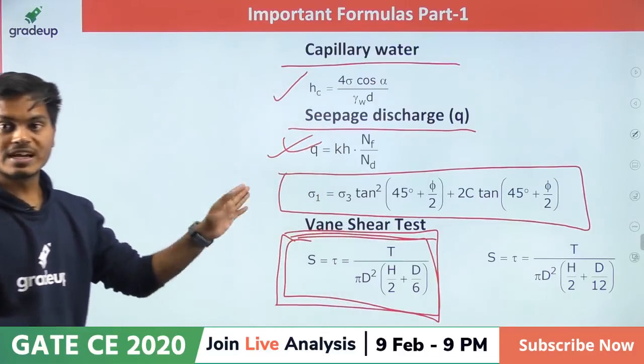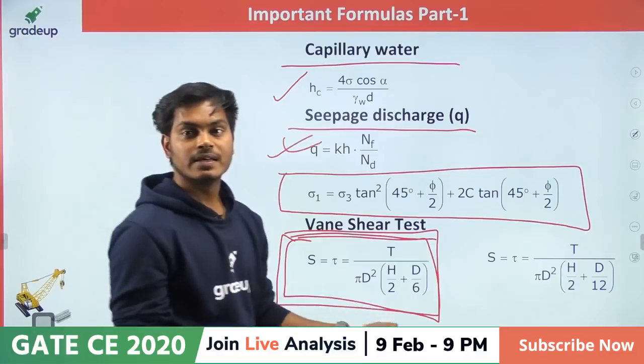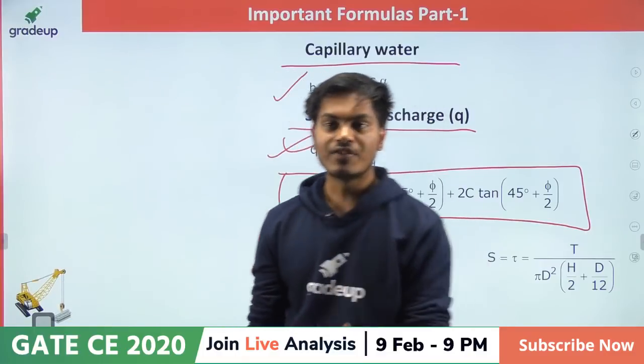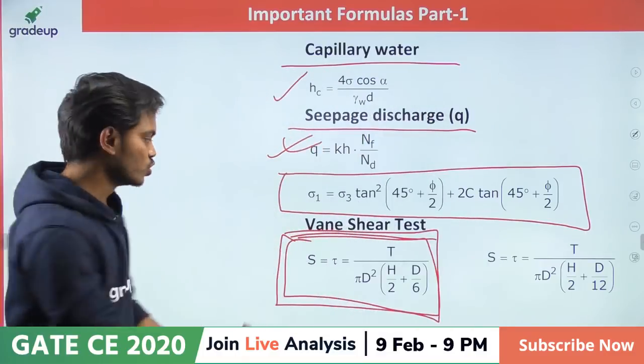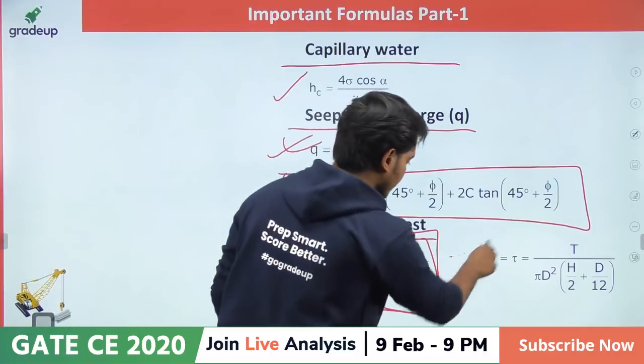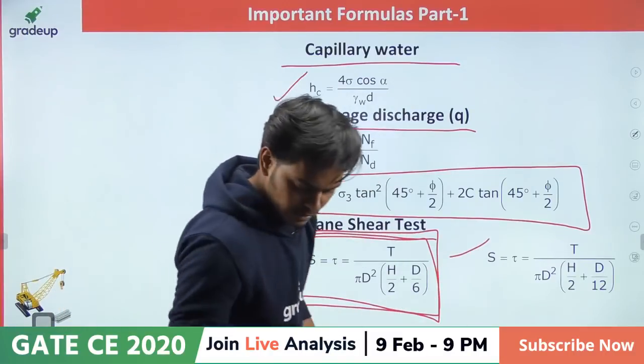Yes, so this is nothing but completely inside. ठीक है, vein is completely inside, so use this one. ठीक है, and if it is not inside then use this one. Next is